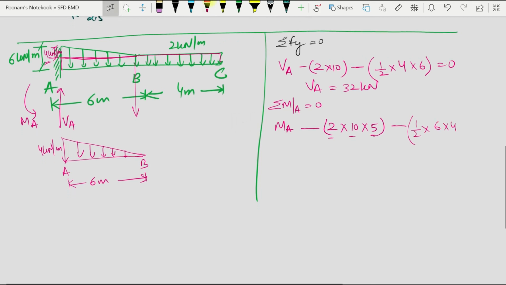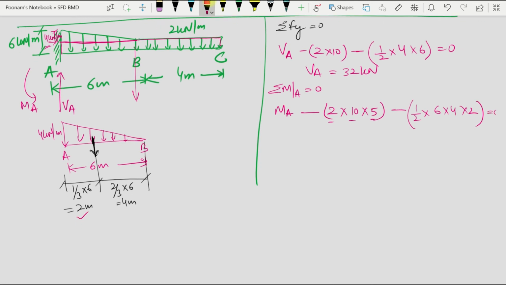Now I will draw the location of its CG. The total load will pass through the centroid of this shape, and so this will be 1 by 3 into the base 6 and 2 by 3 into the base, which is 6. So it will be 2 meter and it will be 4 meter. So I will take 2 meter multiplied by 2 meters. I will take this one into consideration and equal to 0. So my MA will be equal to,